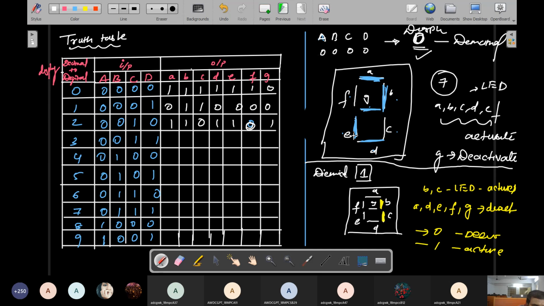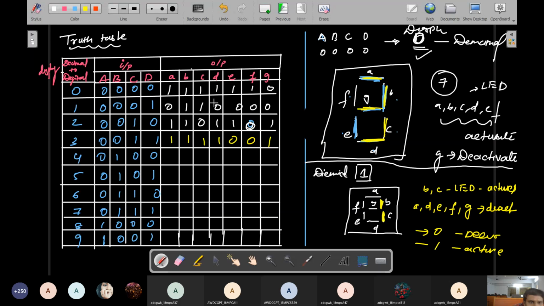If you select 3, what will happen? For 3, I am using another color. This is 1 activated, this is 2 activated, this is 3 activated, this is activated. In this condition, yellow will appear bright and the remaining are dull. So here A, B, G, C, D are activating. F and E are deactivating. So simply F is put 0 and E is put 0. The remaining are all high.